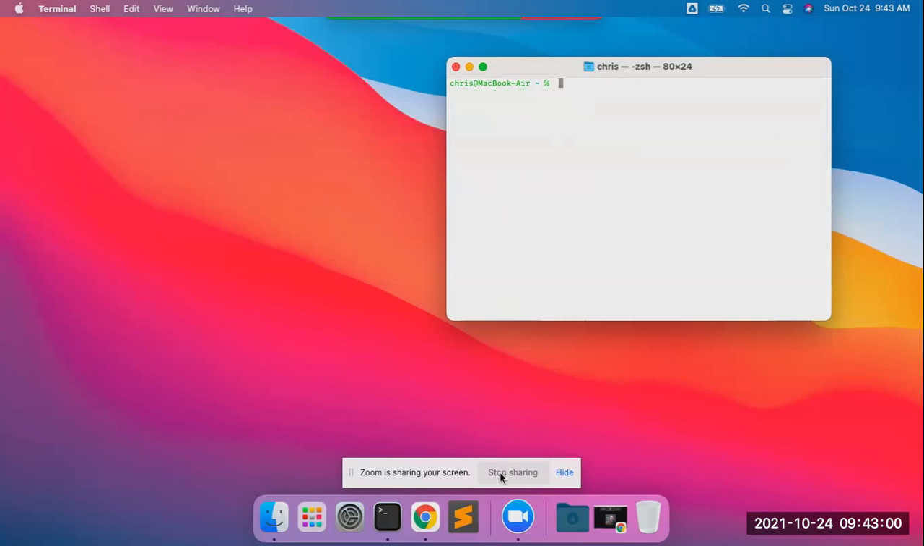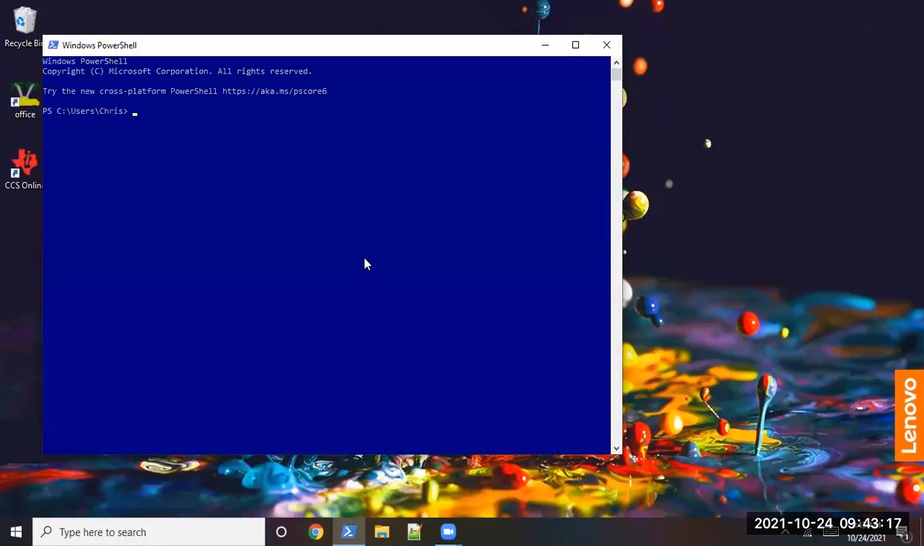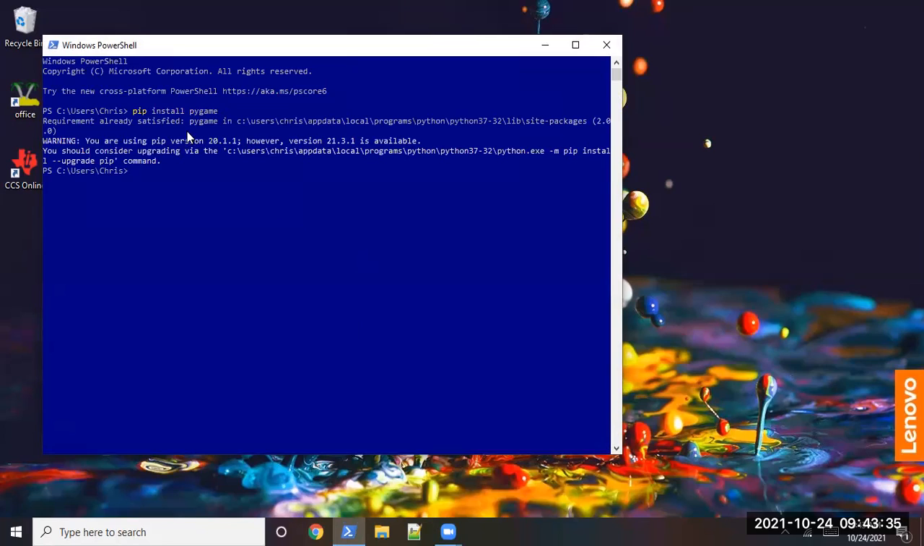I can show that on Windows before I move on real quick. Let me hit stop share and go back over to the Windows machine real quick. Share this and restart PowerShell. Because when I install pygame on Windows, I just type pip install pygame. And it kind of ran through here and did all this. It's already installed, so nothing to show, but that was the instruction right there,